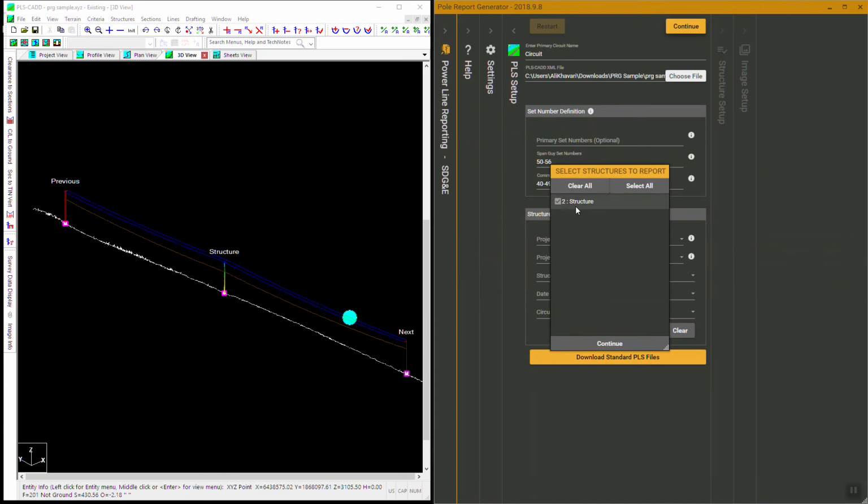The next step here is to choose which structures you want to report. If you had 100 structures here, you would be able to selectively choose one or two if you just wanted to generate a report on a couple of them, or in this case, since we only have one structure, it's the only one selected. So we'll just leave that as it is, click continue,